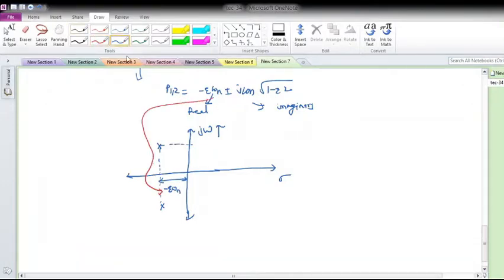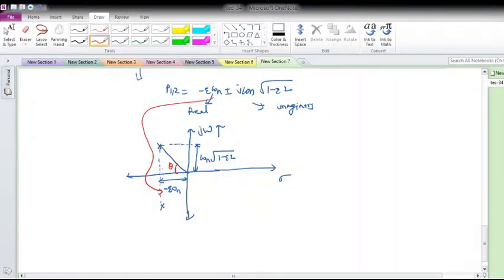And what about this part? This length will be omega n square root of 1 minus zeta square. It is the imaginary component. So with this, I can create the right angle triangle like this. Suppose this is my theta, which will be the angle made with the negative real axis.